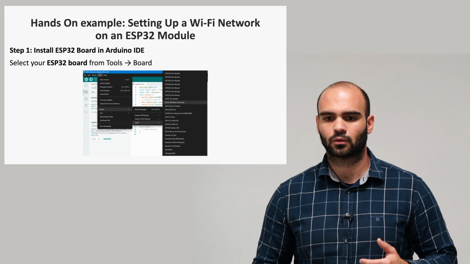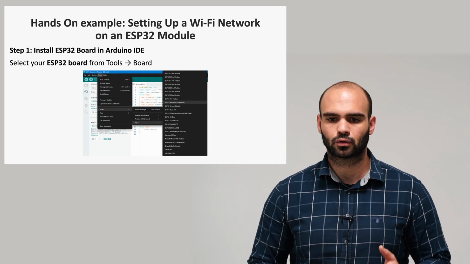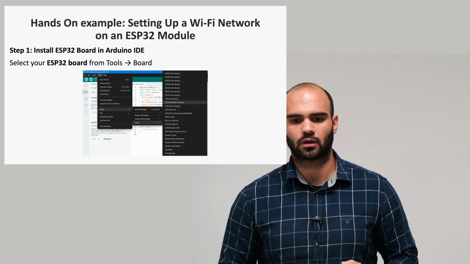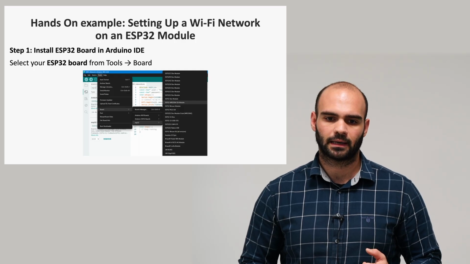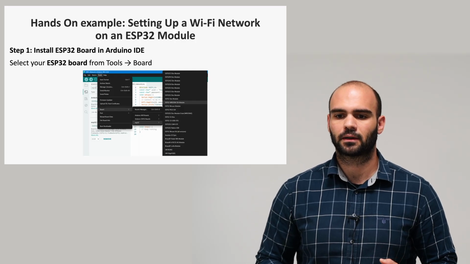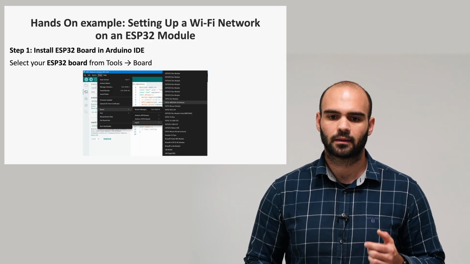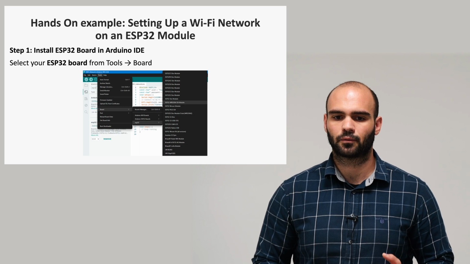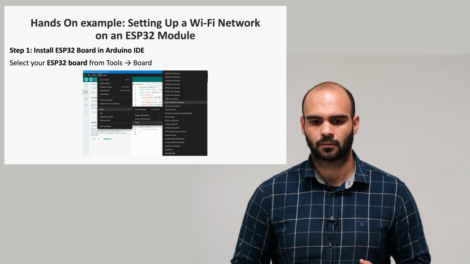After adding the ESP32 URL, the next step is to install and select the ESP32 board. Go to Tools, Boards Manager, search for ESP32 and click Install. Once installed, open the Tools, Board menu again and you will see several ESP32 options appear. Select the board that matches your hardware, for example, the ESP32 Dev Module. This tells the IDE which board configuration and libraries to use when compiling and uploading the code.